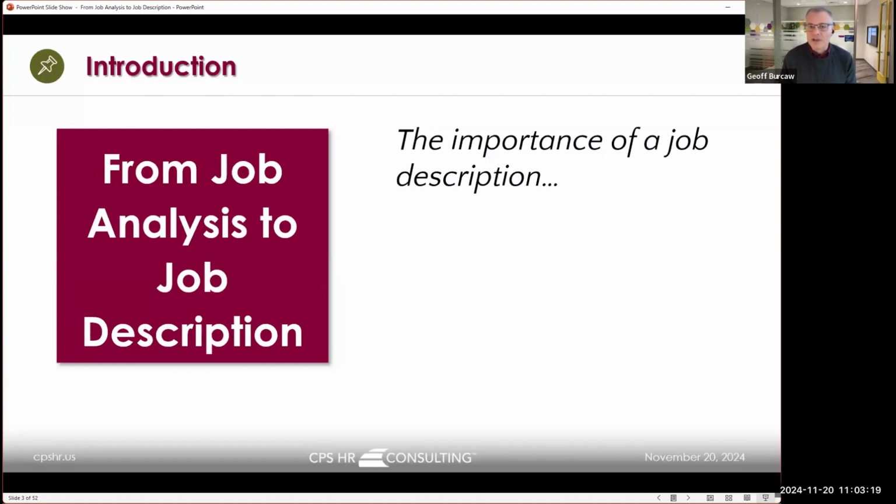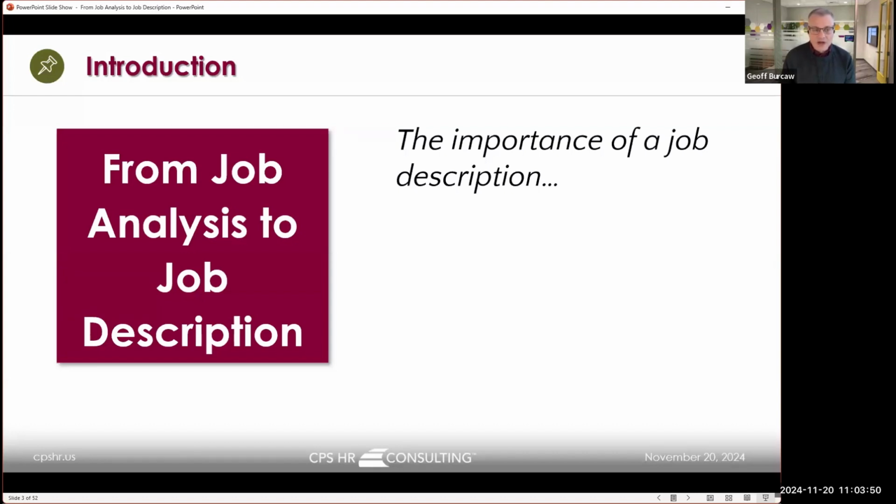so what people do in your organization, and what it takes to be successful in those particular jobs. And then I say, when would you not need that information? And really, you need to have that information all the time for anything that you do. I would argue for anything that you do in human resources, you always have to have accurate, up-to-date information about the jobs in your organization and what it takes for people to be successful